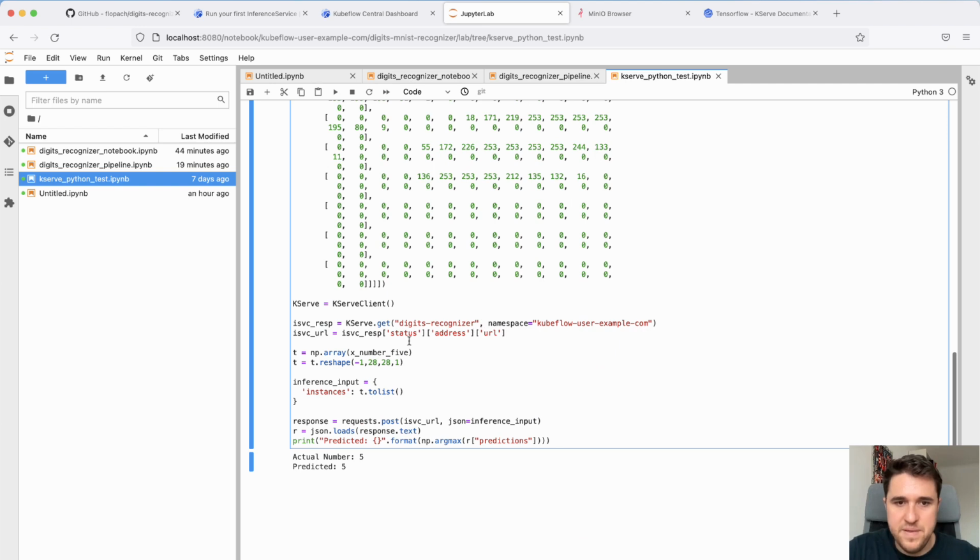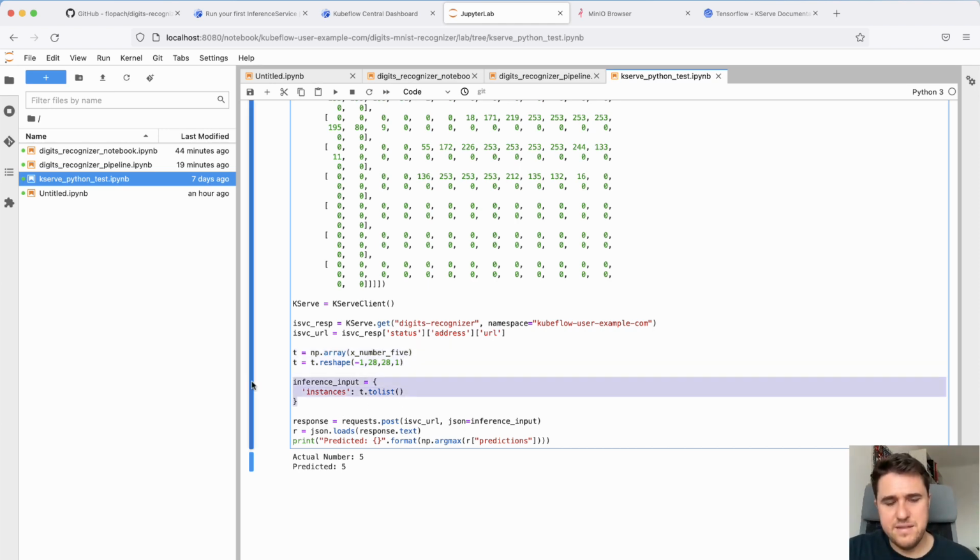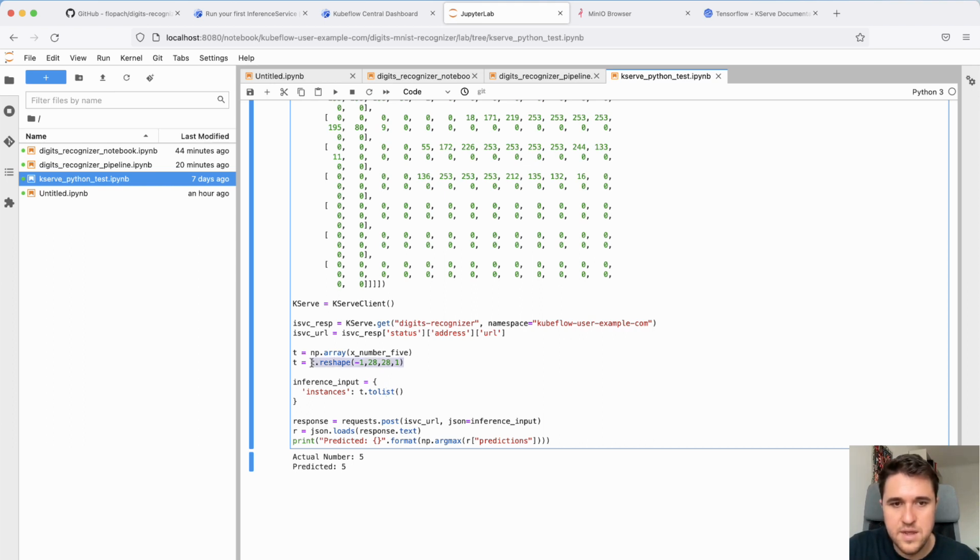And yeah, with the KServe client, I say, hey, give me the inference service, and give me the address, the URL. Then create and reshape the tensor. With the inference input, it needs to be in a list. So I put the tensor, and this is also a bit tricky, of course, how you send it to the service: you need to put instances and then the tensor in a list. On the reshaped tensor, you need to apply the tolist method, and finally you can actually